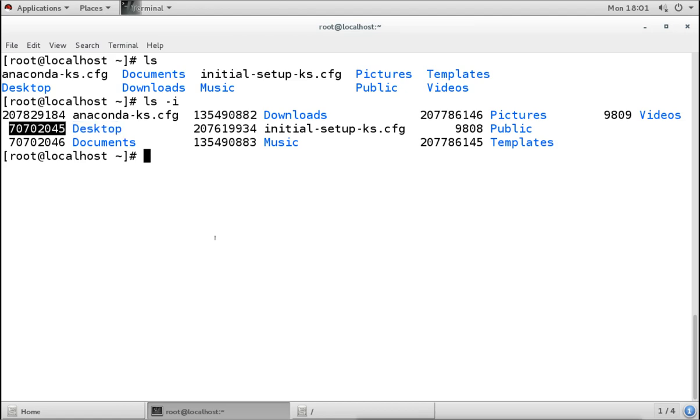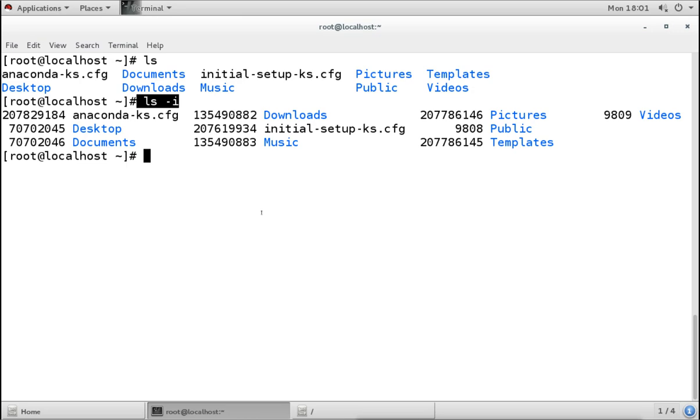This is the unique number, and within the whole file system you will not get the same number with another file. This number means this desktop, and that number means that desktop. You will not get any other desktop with the same number. So this inode number is a unique number given to every file and directory, which we can use to find that exact file or directory. And we can also use it for many other things.